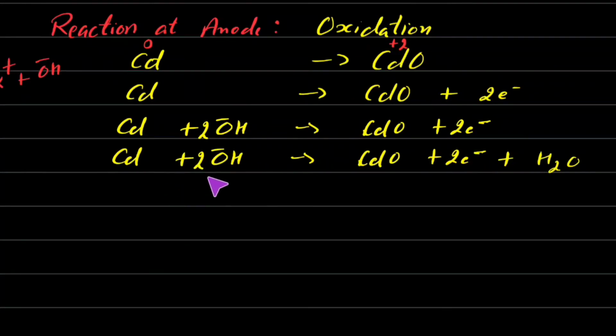So in the next step we have to balance the hydrogen and oxygen by water molecules, beta. So we have to write water molecules on the product side. Clear? In this step you can see there is no hydrogen on the reactant side, beta. So hydrogen we have to balance by adding water on this side. So here I have written the water molecule: 2 hydrogen, 2 hydrogen. So now this is a balanced reaction. So beta, in this case, when you have to write reaction at anode in your exam, you have to write this step only. And the other 3 steps that we did, beta, are just for understanding.